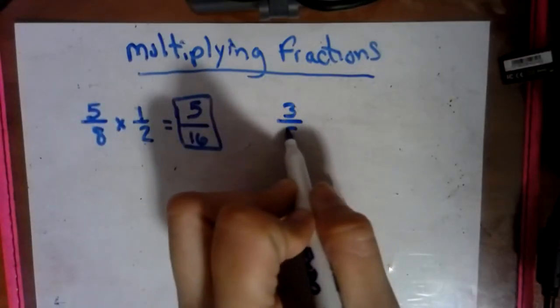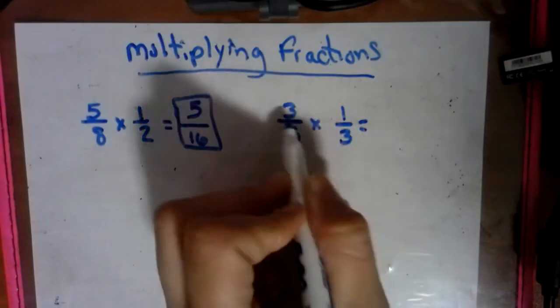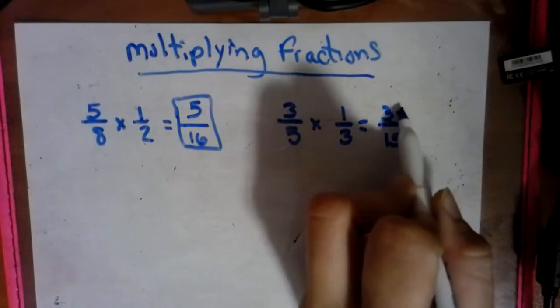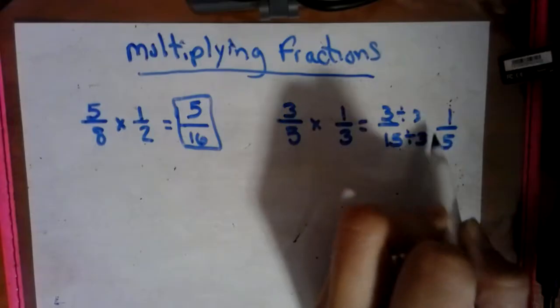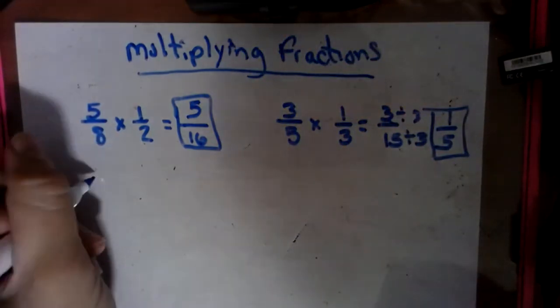So say we have 3/5 times 1/3. We'd multiply them straight across and we'd get 3/15. Then we could reduce it by 3 and get 1/5. Okay, a couple more. We could do